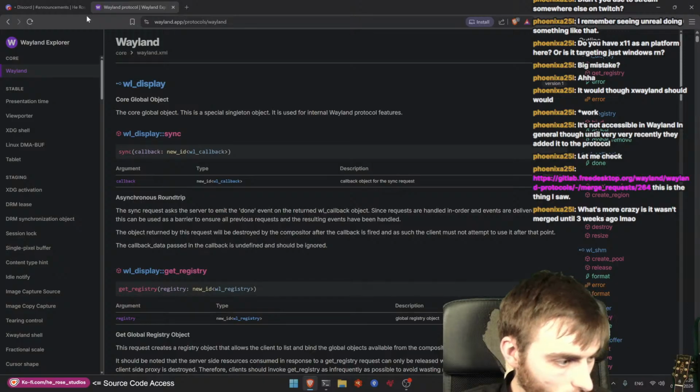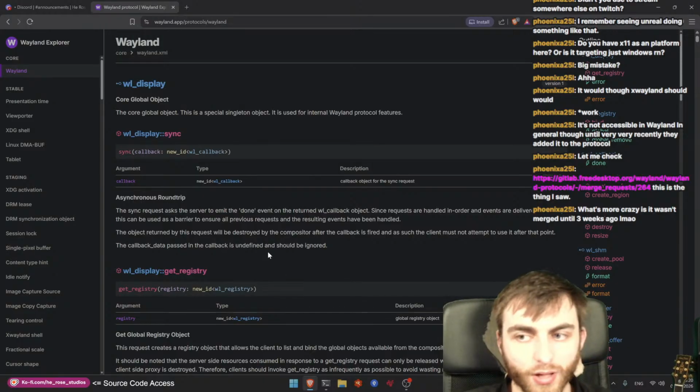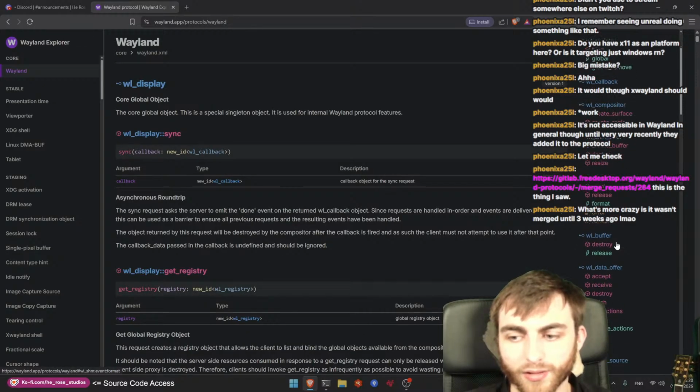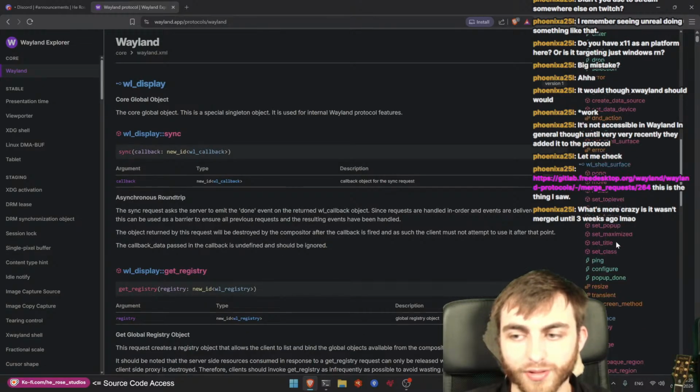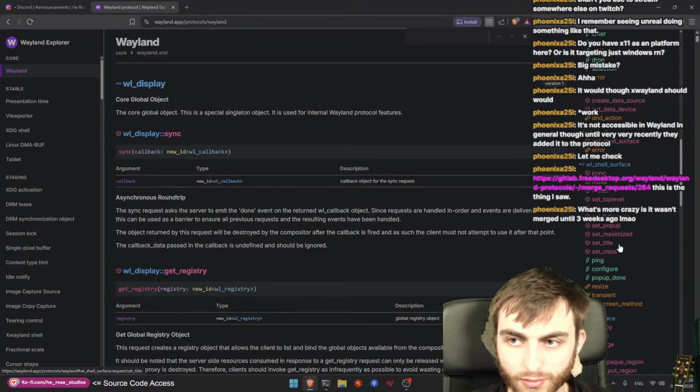I wasn't merged till 3 weeks ago. Oh, so that's why I didn't see it. So it's been in there for like 3 years. I guess there's a 3-year trail of stuff, right? So